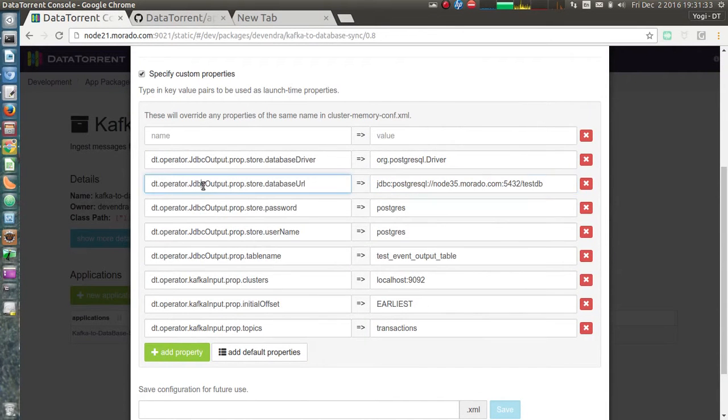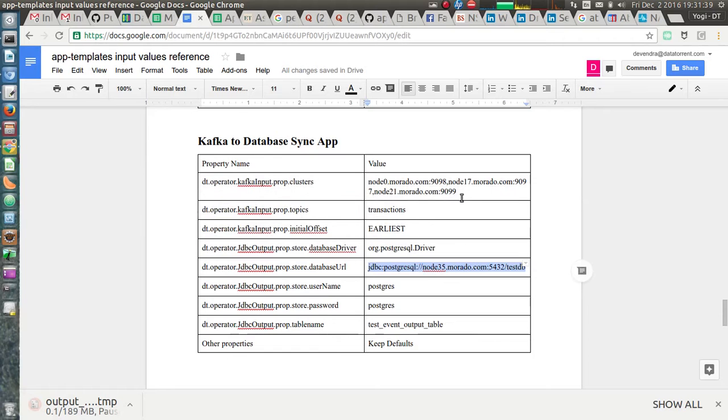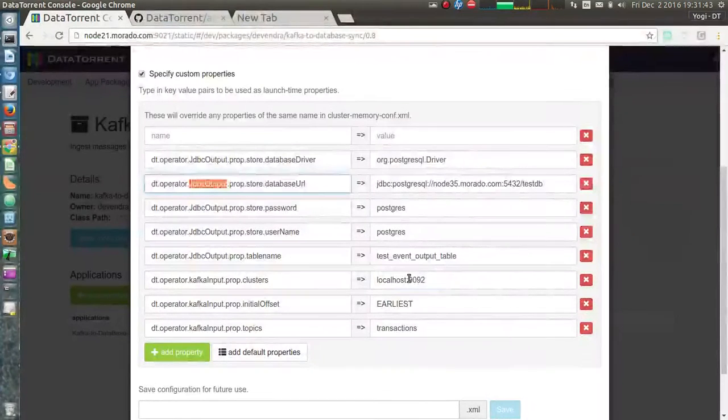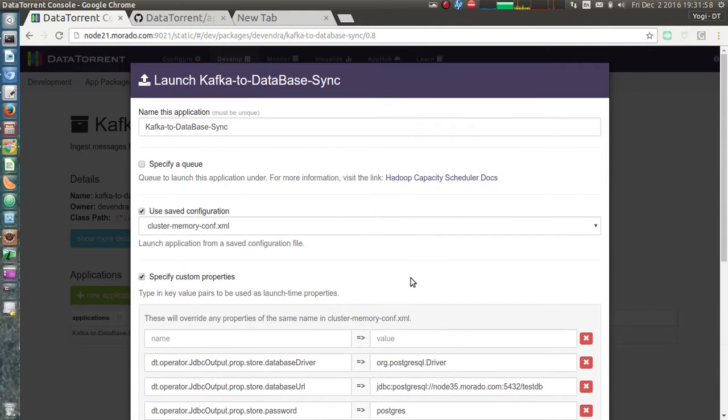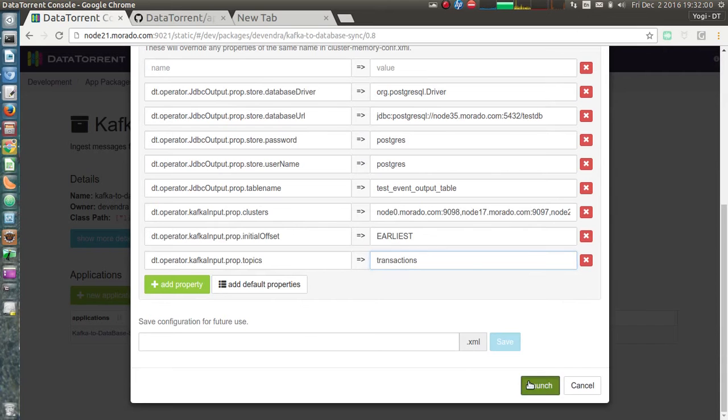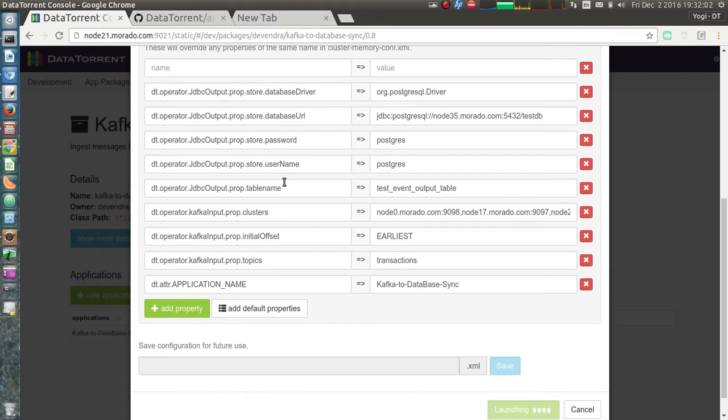I will be using Node 35 as a destination for JDBC, and to read data from Kafka I will be using three nodes, and my topic is transactions. Let's launch this application by clicking on the launch button.